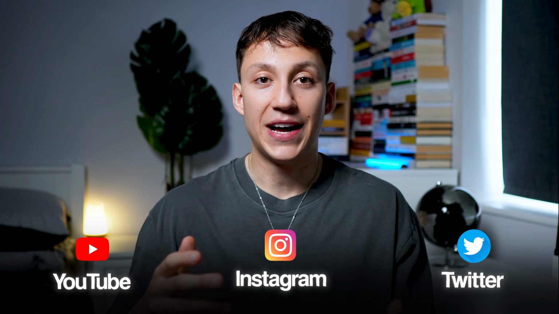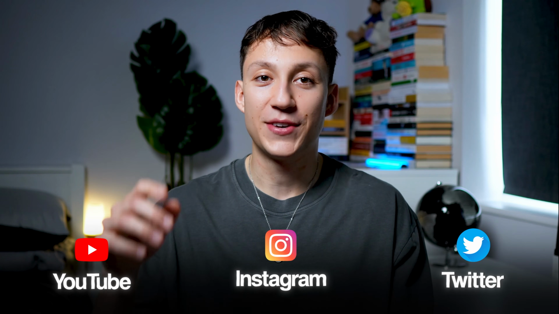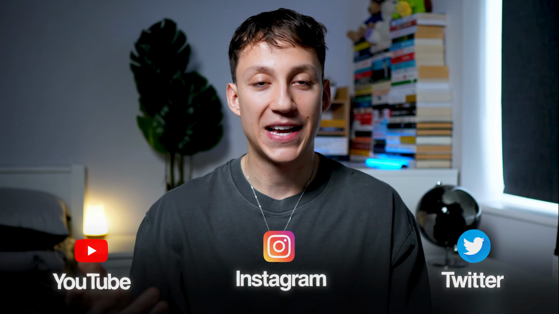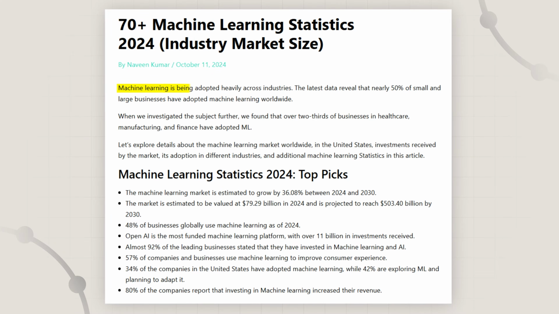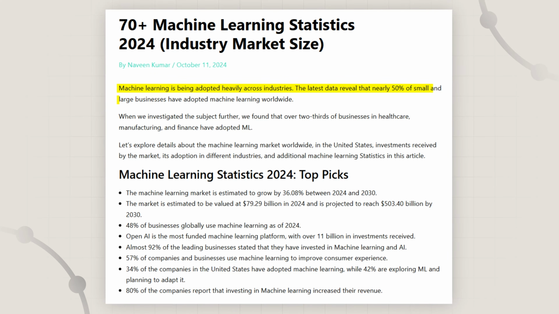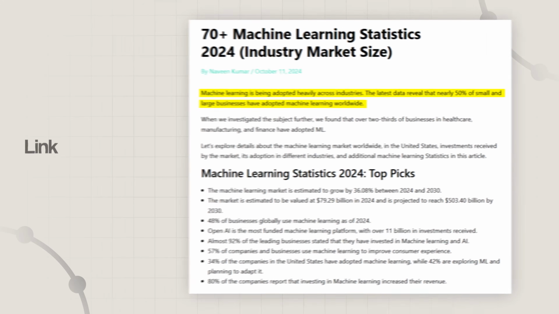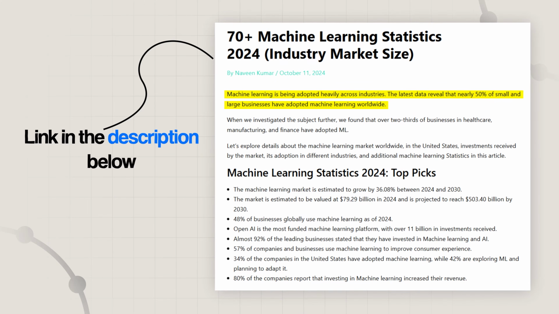And this content is not hand selected by a person. No one's literally going, oh, this is Igor on YouTube, let's recommend these videos. That's not what's happening. What is actually happening is that there's a big recommendation model, which is a machine learning model behind the scenes that recommends you content every time you log onto the app. And this is just one example of machine learning in action. According to this article, nearly 50% of large and small businesses have adopted machine learning, and 80% said that it increased their revenue. I recommend you check out that article if you want to learn more about how businesses are using